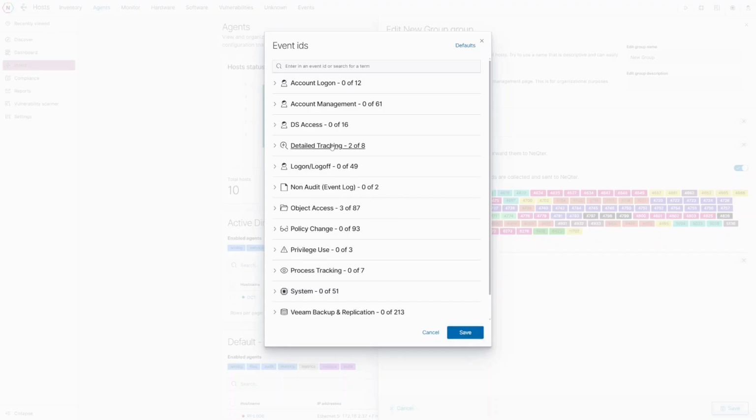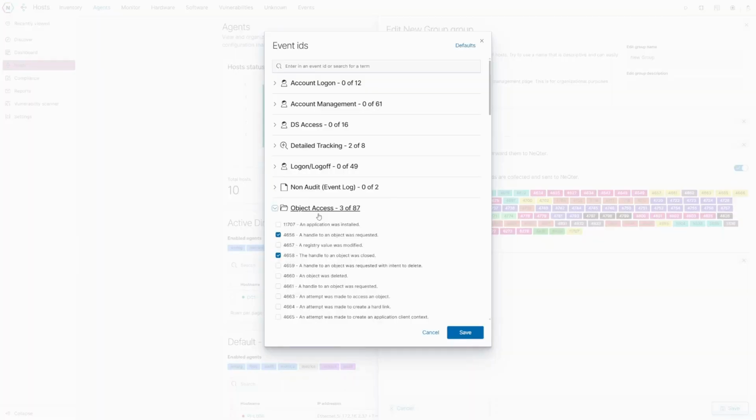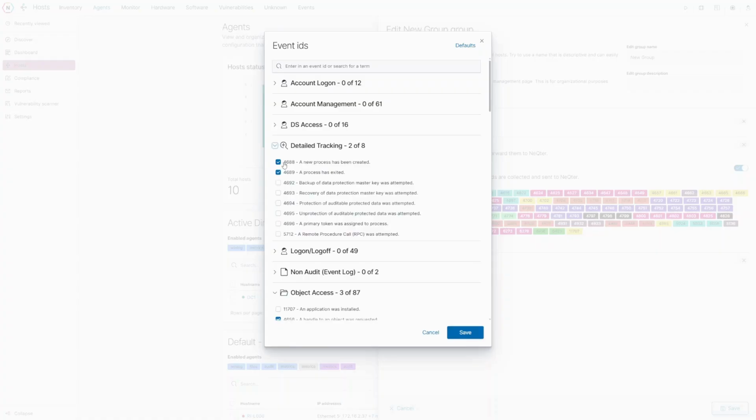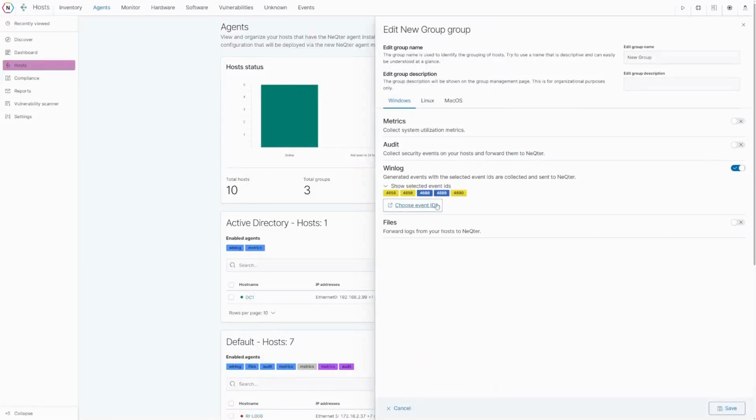The things that get turned on involve object access, which is important for file auditing, of course, but outside of that, any object access or these two culprits right here, new process has been created or process has been exited. You can imagine how many processes are created and exited. So that creates a lot of traffic, but we just put that in as a recommendation, but